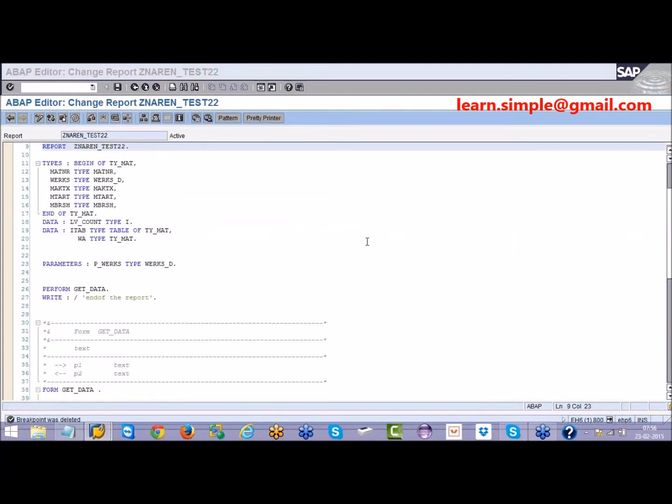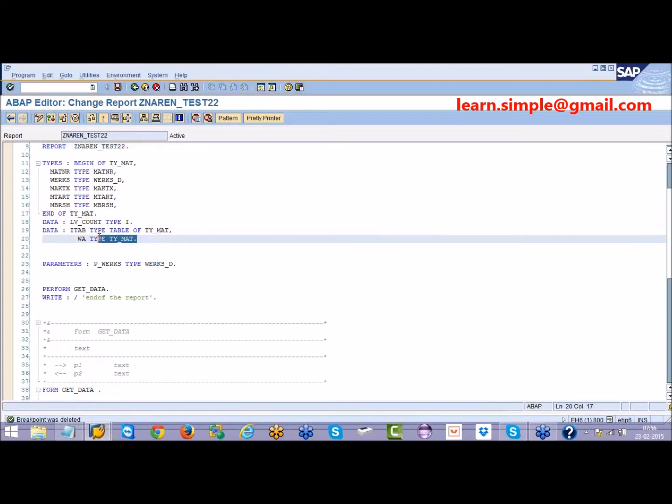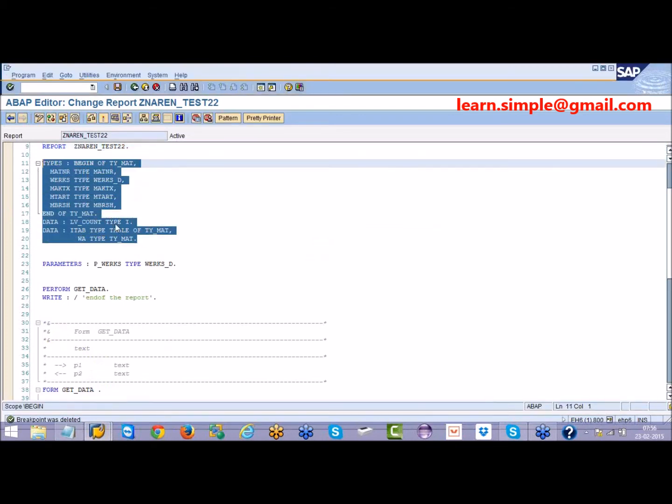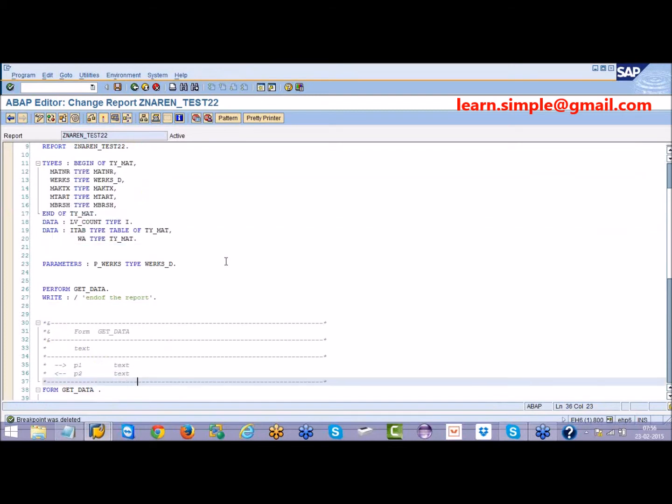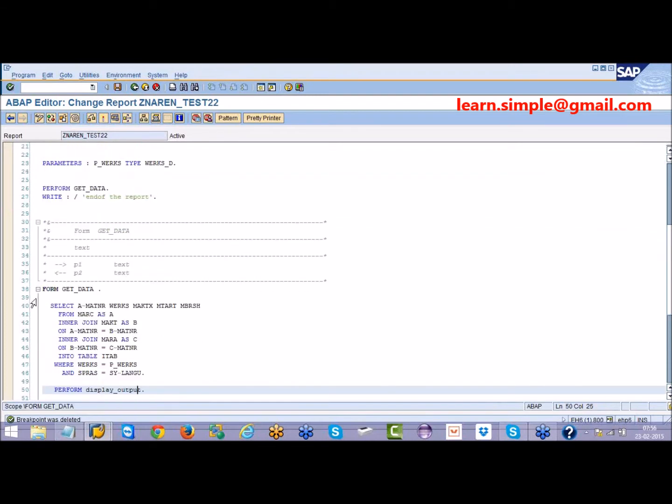One important point we should remember here is the data which you declared on the top of the program. We'll call it global data. The data which is declared, if any, inside the subroutine is called local data. We have not declared any data syntaxes inside the subroutine, but if you have declared it, then we'll call it local data.